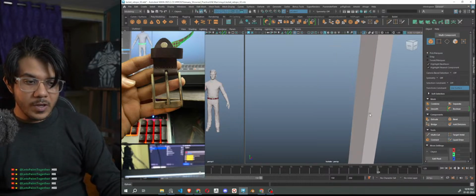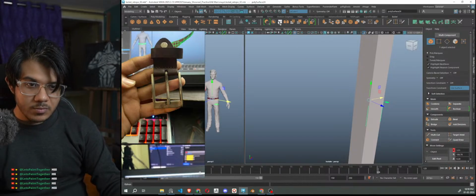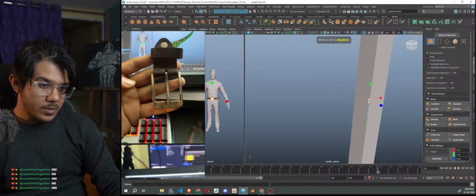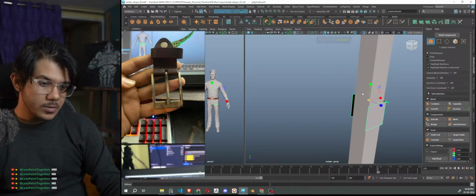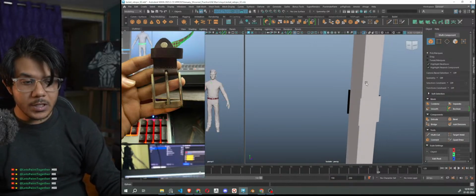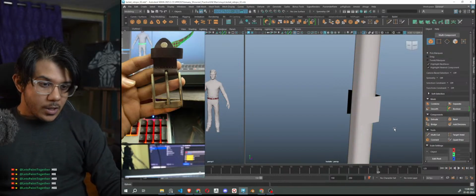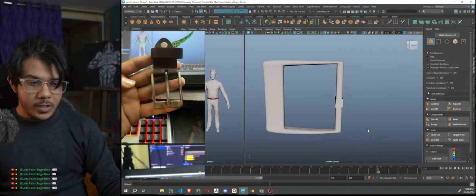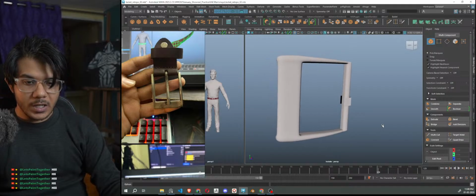So now that we have it, now let me hide, make it a little bit, like I'm scaling it up a little. Then I turned off the live object mode from there,